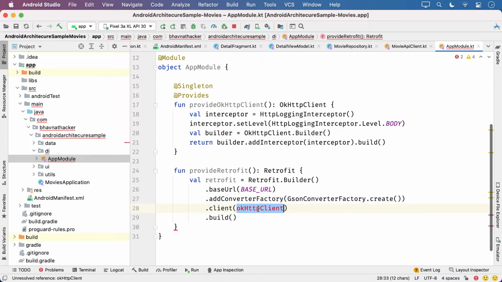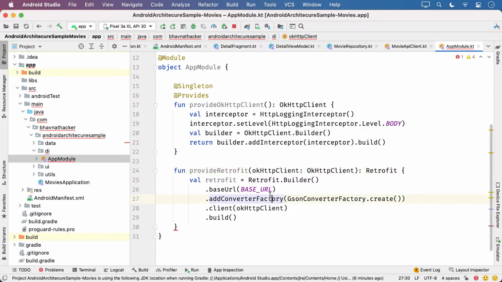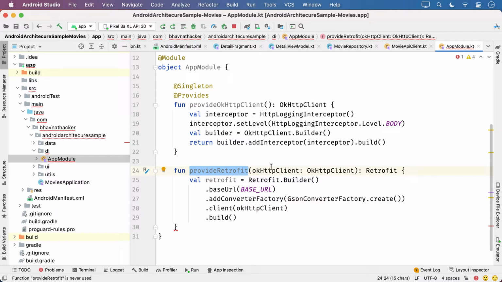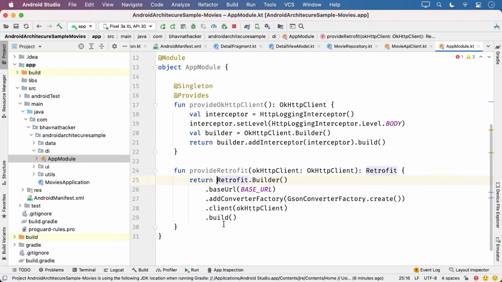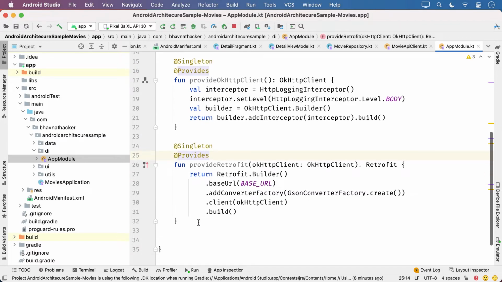But it needs an OkHttp client. So you will pass it as a parameter, and provideOkHttpClient will take care of providing the OkHttp client while generating the retrofit instance. This will just be returned. So you got your OkHttp client, and because you got it, you got the retrofit instance.